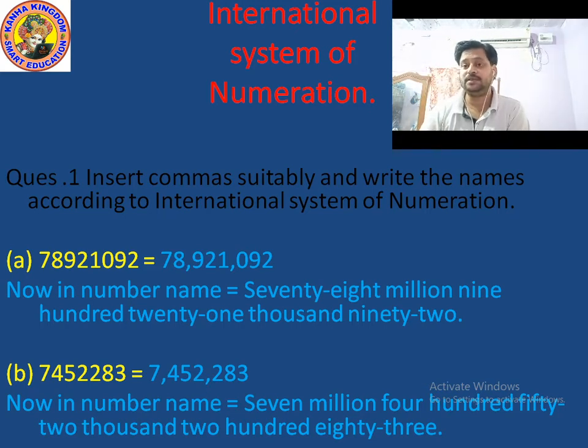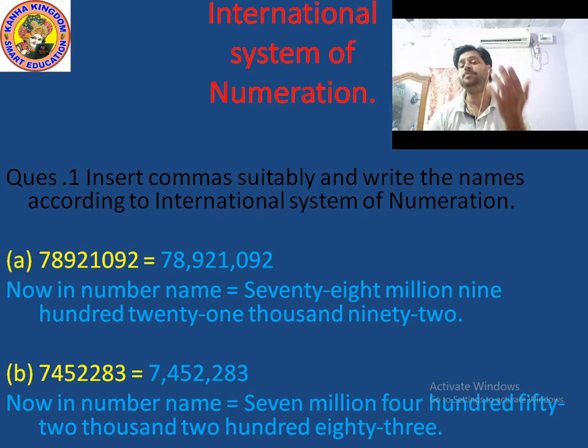Now comma. Thousand period starts. Here also 3 place values: thousands place value, ten thousands place value, hundred thousands place value. Okay, so which digit comes after 0? 1. So where is 1? 1 in thousands place. After 1, which digit? 2. Where is 2? 2 in ten thousands place. After 2, which digit? 9. So where is 9? 9 is in hundred thousands place. Now your thousand period is also complete.